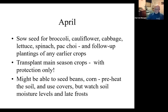By April, you can actually direct sow most crops that are sufficiently frost hardy to grow. So broccoli, cauliflower, cabbage, all greens crops. I wouldn't direct sow bok choy any earlier, though you can transplant it earlier. In addition, some of your really quick turnaround crops, you might be getting to a point where you might want to refresh a lettuce crop, or radish crops with a really fast turnaround. You might have some gaps. The other thing you'll see happening in April